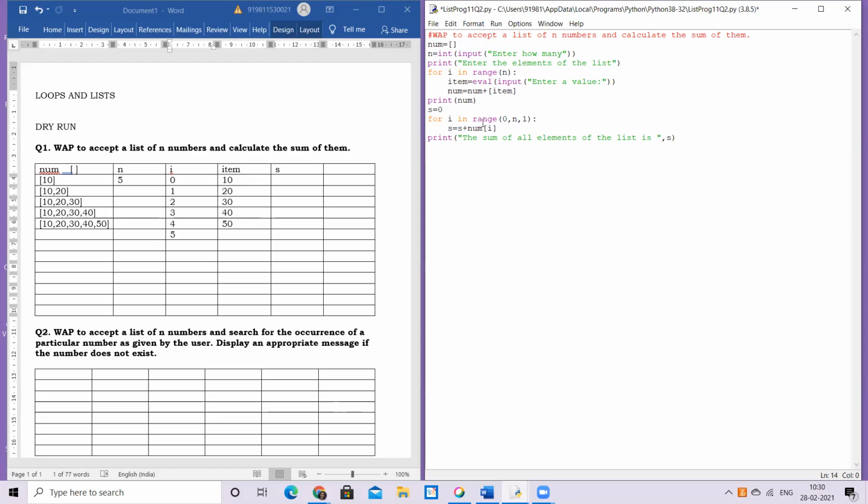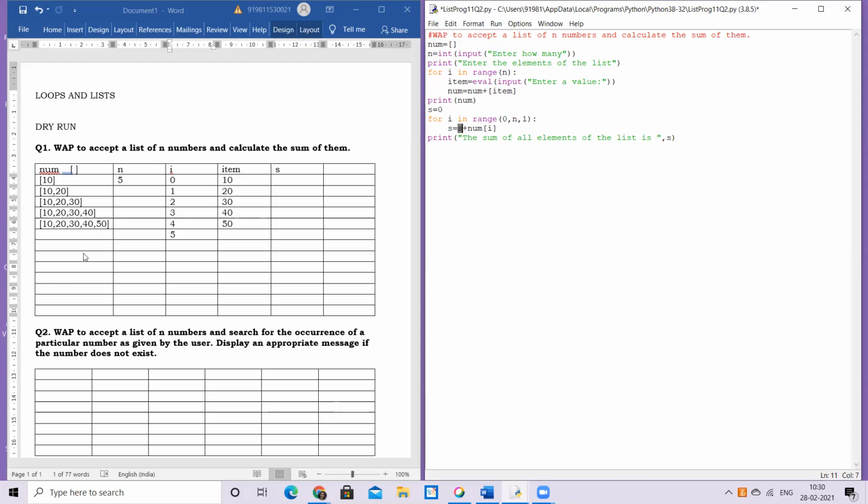Okay. So this is the basic: for i in range 0 and 1 or n, num i. Print num i, or if num i mod 2 is equal to 0. So num i is common because num i is basically helping you access every element individually using the loop. Then whatever you want to do with that num i is your wish. Like here in this question, I have to sum those values. So I have taken another variable sum and I have added every time the previous sum with the current num i value and stored it back into sum. That's how I get the sum of elements.